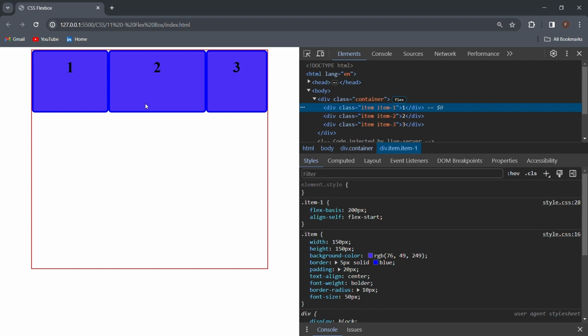By default, align items is flex start. That's why they're at the start. If you put flex end, they'll go at the end. We saw that at the beginning of the video, how we can change the value of align items. Now this align self overrides the align items. So if I put here align self flex end,